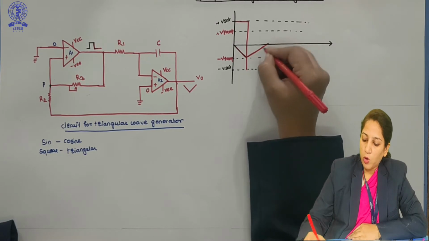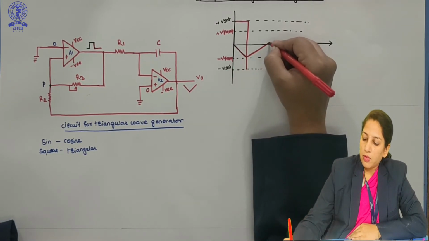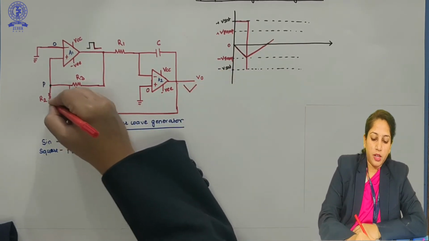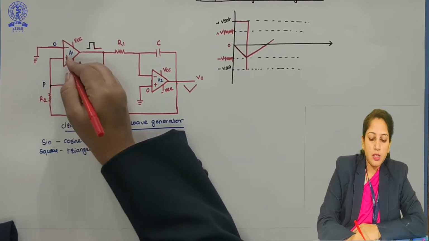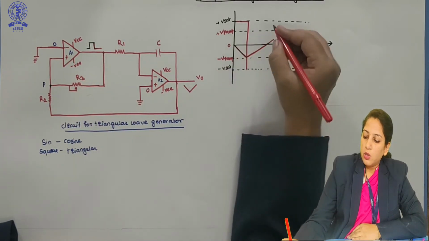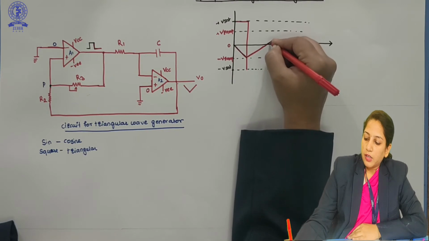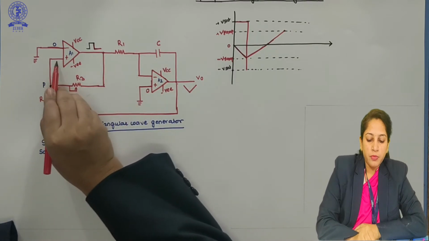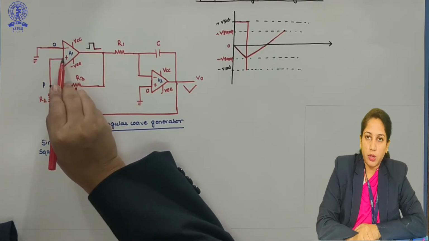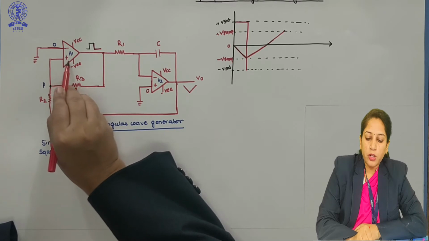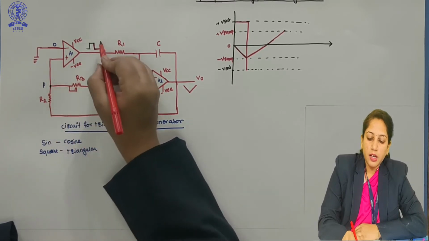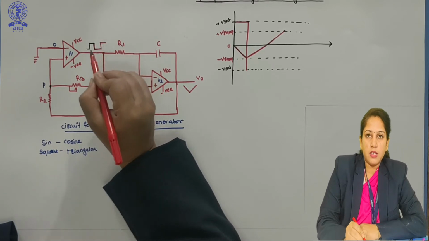As my positive ramp goes on increasing and goes above the 0 line, so this is 0 voltage. This is nothing but what we are giving as feedback to this point P, means to the non-inverting terminal of op amp 1. So as it crosses 0 volt and moves further to attain a plus V ramp value, here again there will be more voltage on my positive terminal. If there is more voltage on the positive terminal compared to the negative terminal, then again my output will go into plus V saturation.